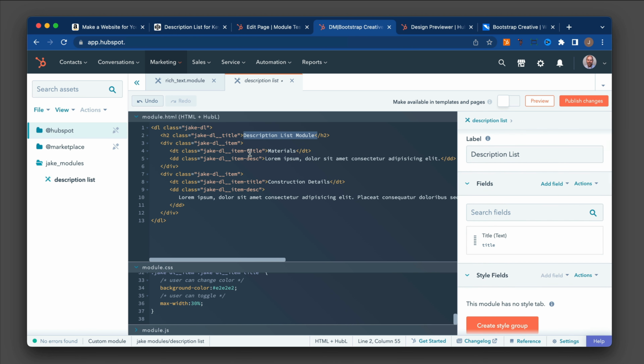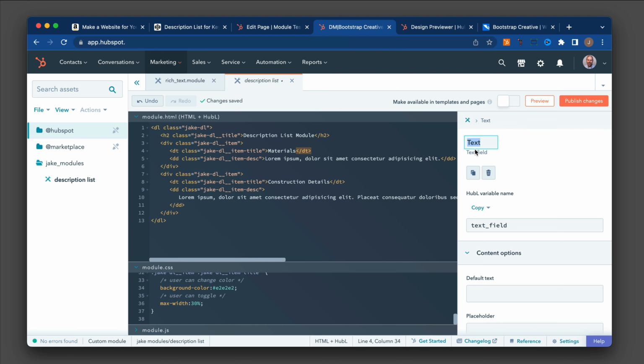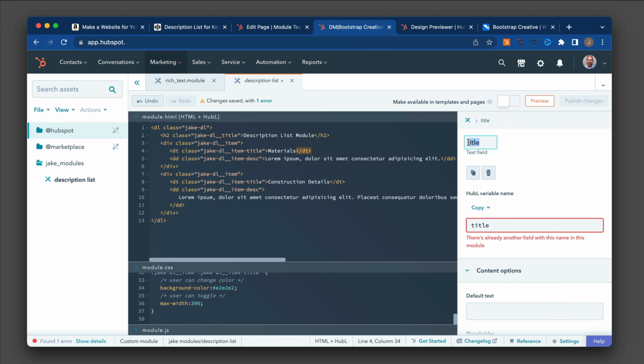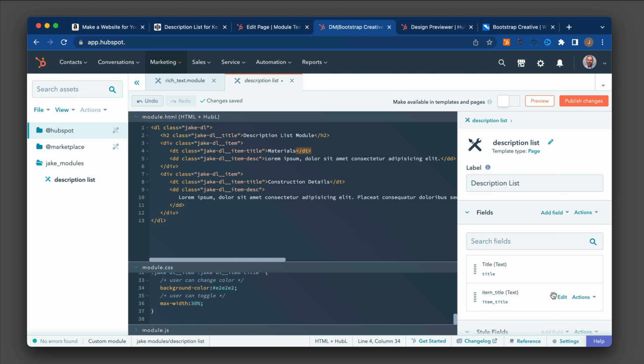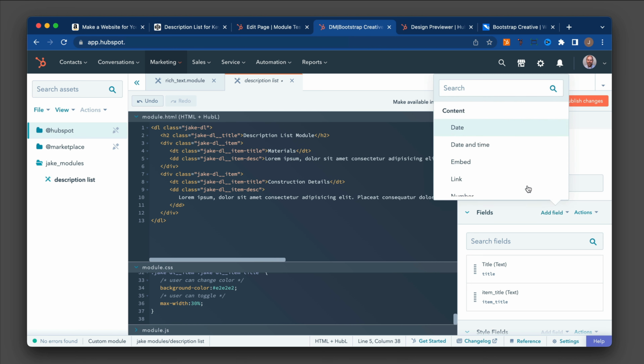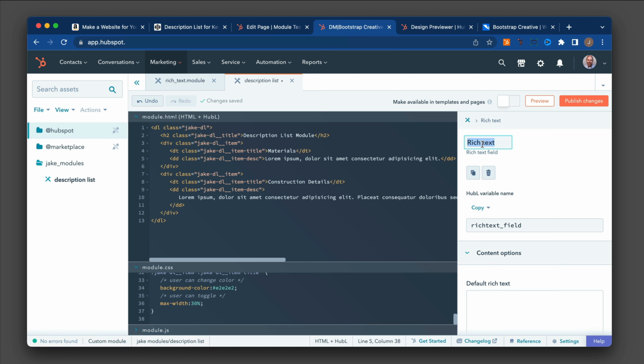And then for here, I have a key value pair, which is the item title, item description. So in order to do that, we're going to do another text field for this too, and give this a name called item title. Let's do item title so it's unique. And then we're going to do a new field, but this is going to be a rich text field because I want to give them the ability to make multiple lines of text and also format the text if they want to. So I'm going to do add field and search rich text, and we'll put description or